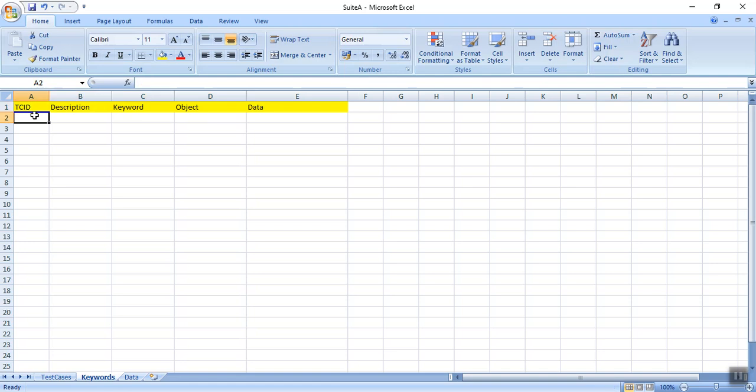See here what happens. First of all is the login test, and we are using open browser. So I have given login test, and the keyword is open browser. And in data, Mozilla.